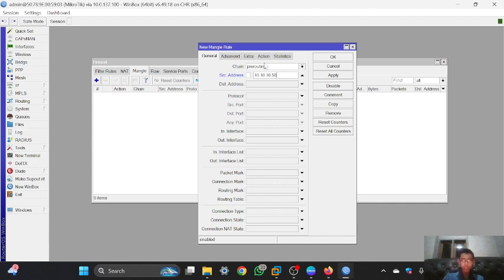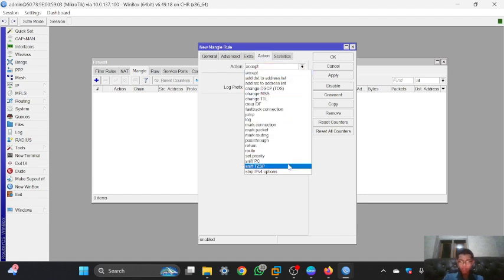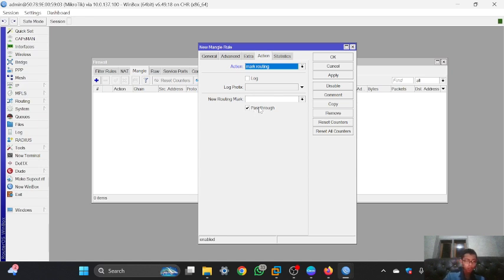And then for the action it is using mark routing. And for the new routing mark, it is the same as the routing table in the routing. So for the new routing mark, I will fill it with the mangle ESP1, and then you can click apply.